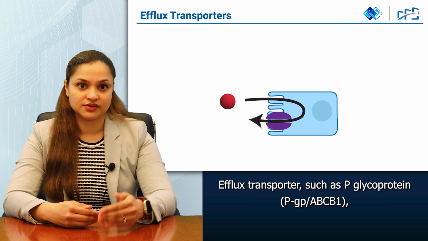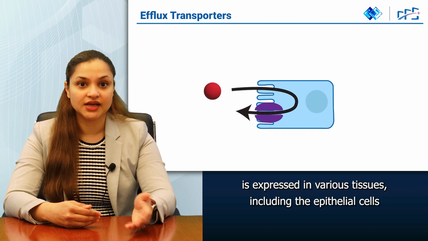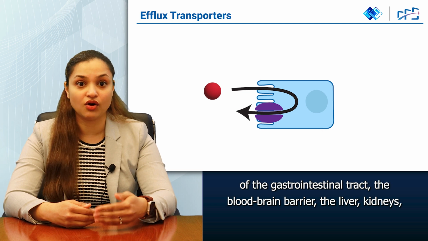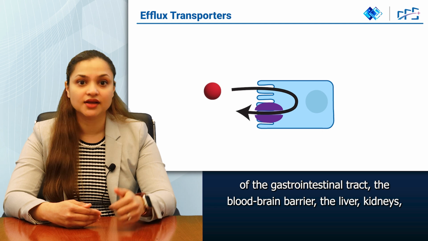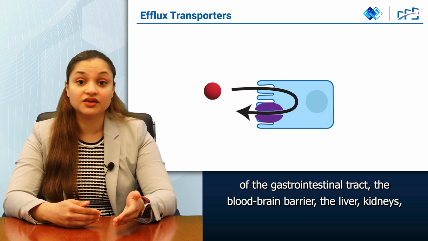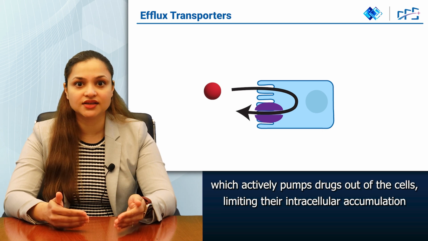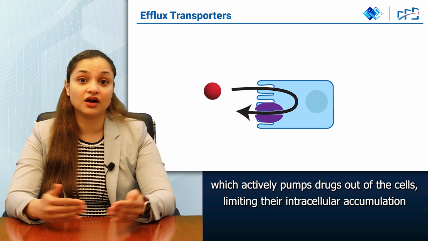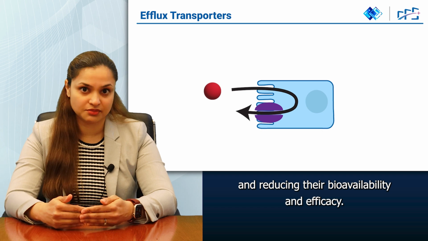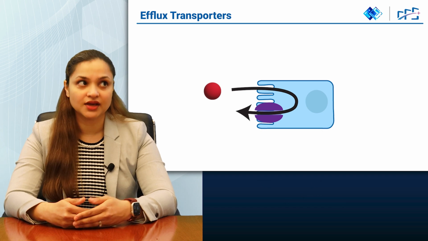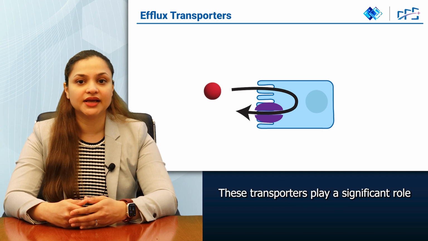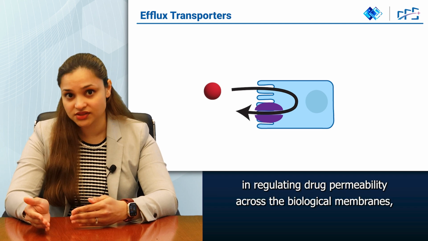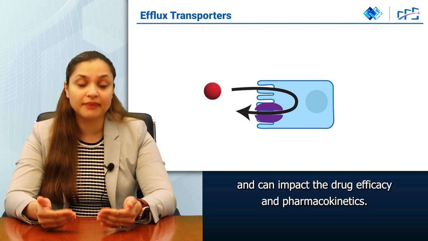Efflux transporters, such as P-glycoprotein, are expressed in various tissues, including the epithelial cells of the gastrointestinal tract, the blood-brain barrier, the liver, and kidneys, which actively pump drugs out of the cells, limiting their intracellular accumulation and reducing their bioavailability and efficacy. These transporters play a significant role in regulating drug permeability across the biological membranes and can impact the